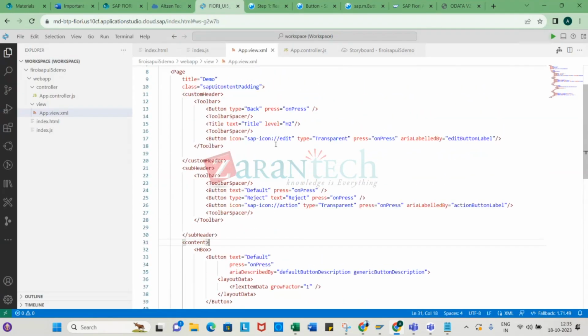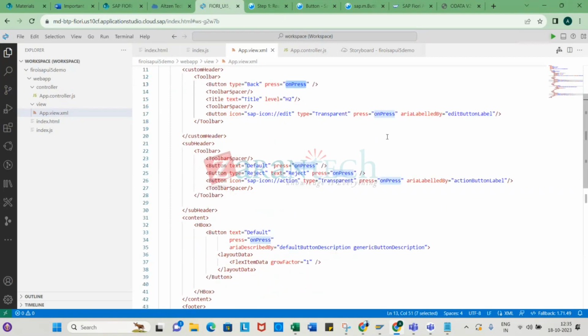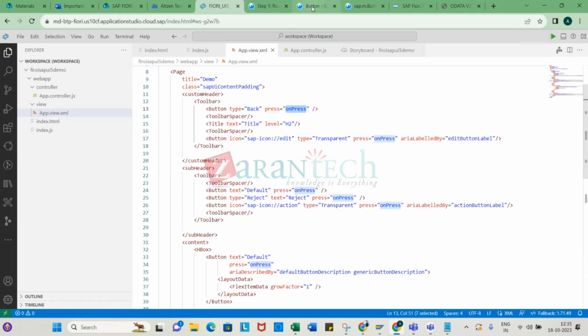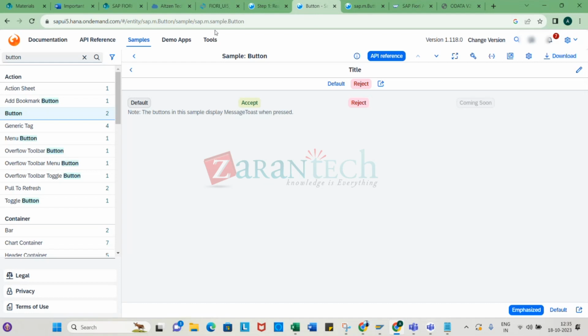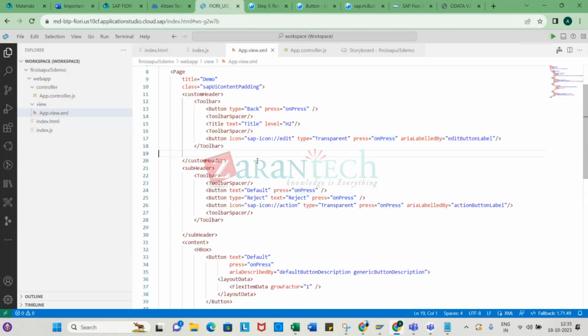What is the advantage? You don't have to write this part. You don't have to write the button, you don't have to close it again. What basically you have to change is the text, or if you want to put a different event name, that can be changed. That is something you can modify. So make use of your SDK, put the required code into this file, and then write the logic